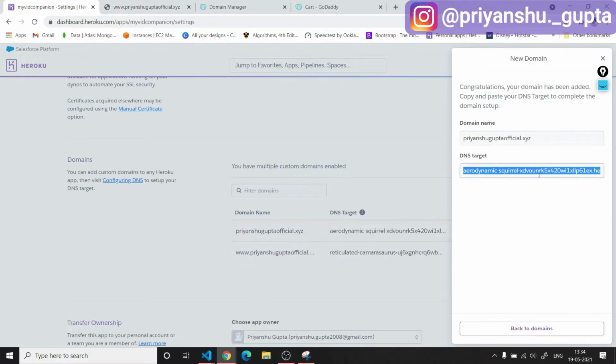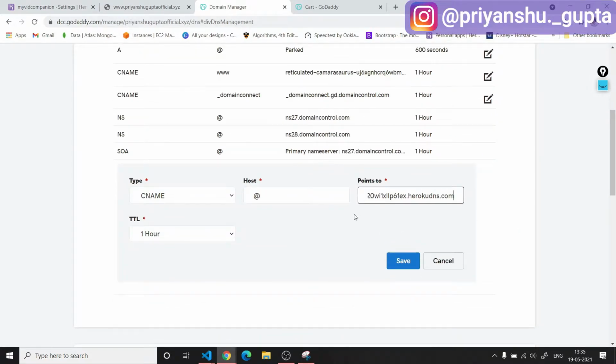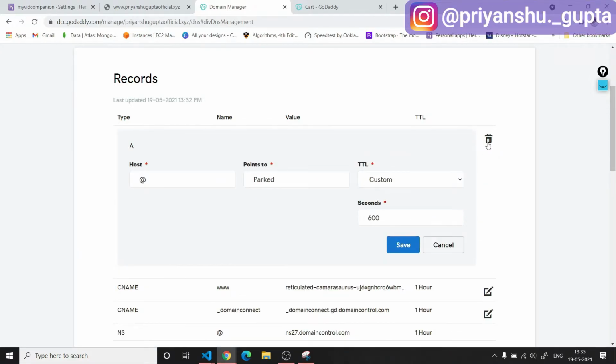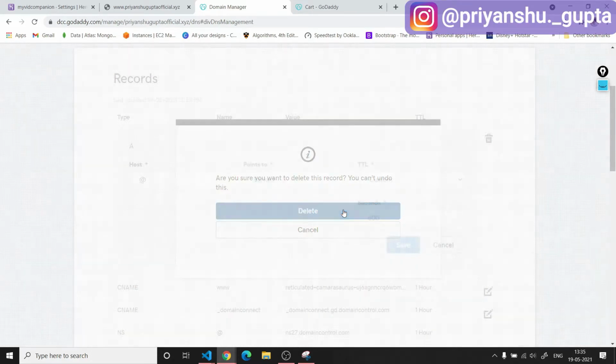And now if I copy this and paste it here in points to and then save, it will not work. It will not work on GoDaddy, because GoDaddy does not allow that. So now let's remove this parked value because we don't need that.